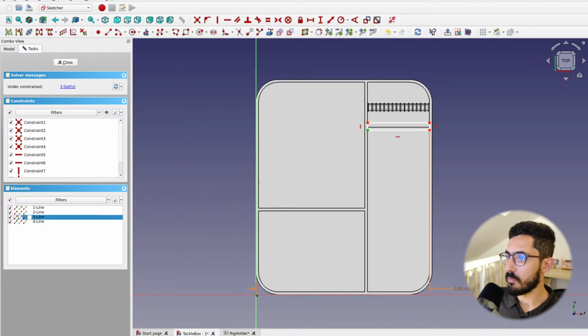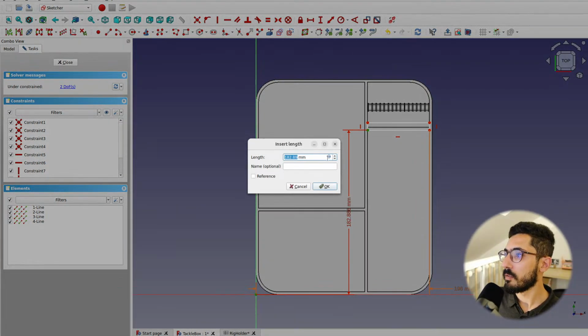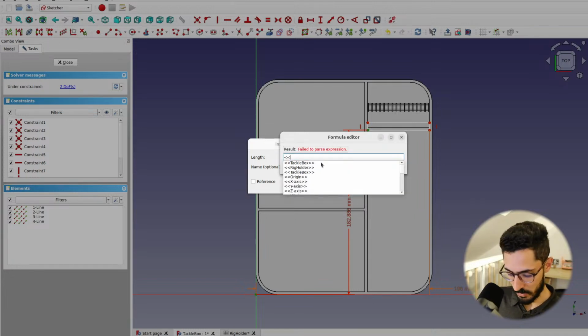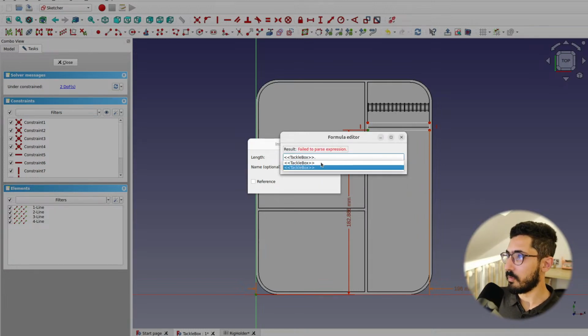So from here to here, this is going to be tackle box dot thickness plus tackle box dot, oh no,